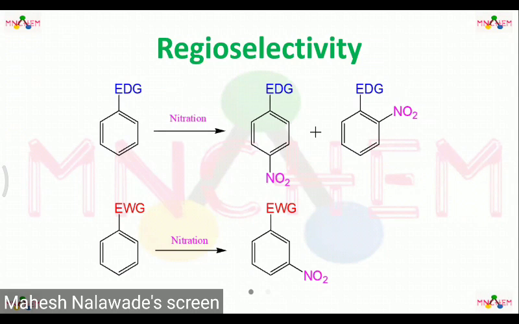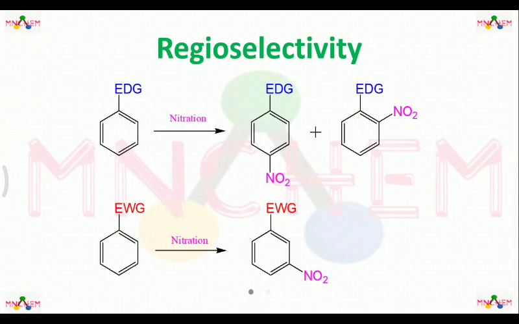So these are the two types of selectivity we have discussed in this session: chemoselectivity and regioselectivity. Stereoselectivity is part of your syllabus, and we'll be discussing it in the